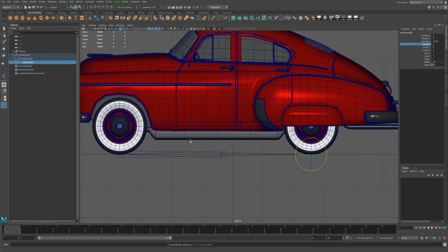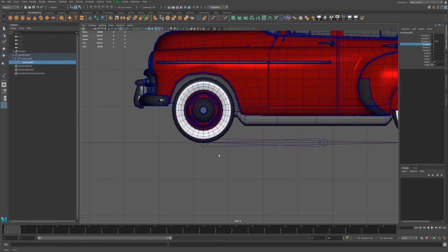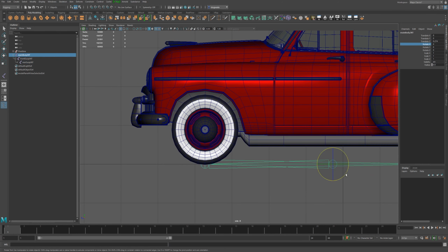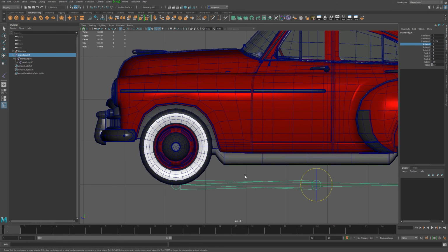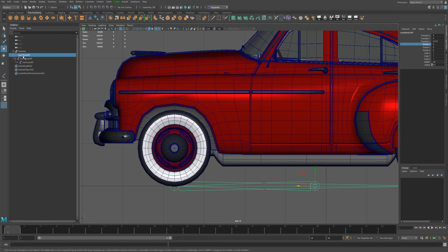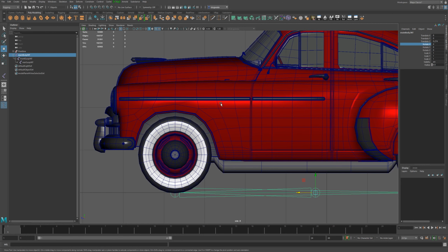Okay, so now that we have that joint chain set the way we want, we need to take the whole thing and move it up in line with the center of the wheels. So I'm going to get my move tool here. I'm selecting main body joint because it's the parent. Hold down V. I'm going to constrain to the Y-axis, and as I move up in the Y, I'm going to move my mouse over to this point here because I'm telling Maya to snap to that point. And because I've constrained movement to the Y-axis, the whole thing doesn't shift over here, but it does align it